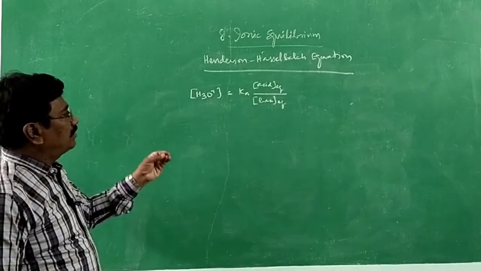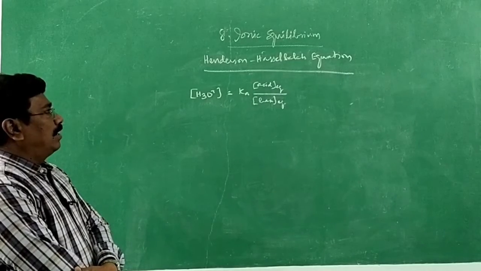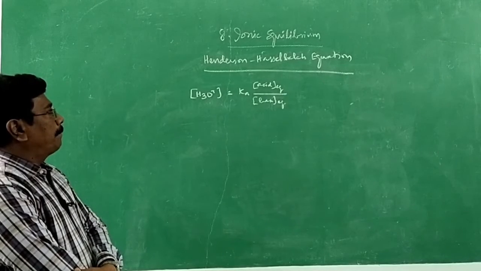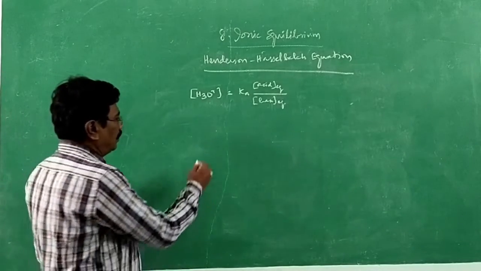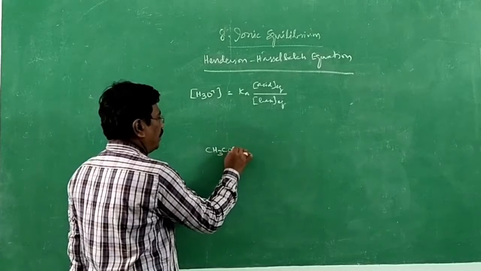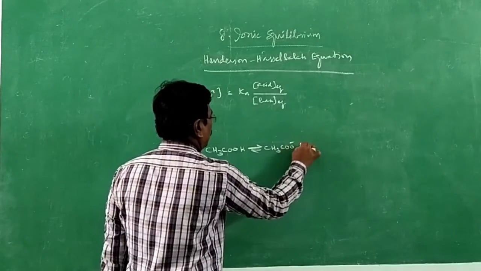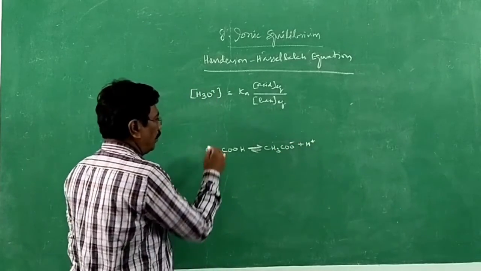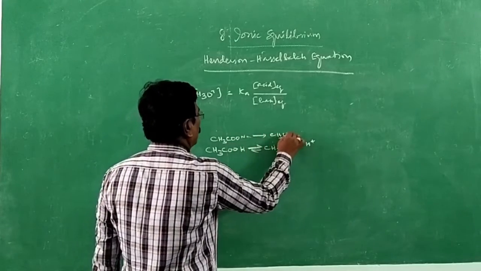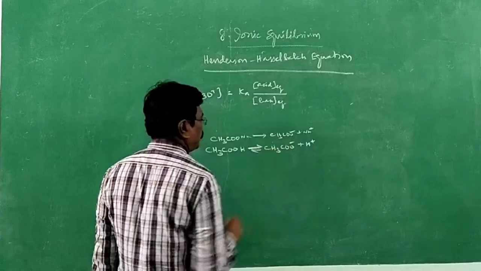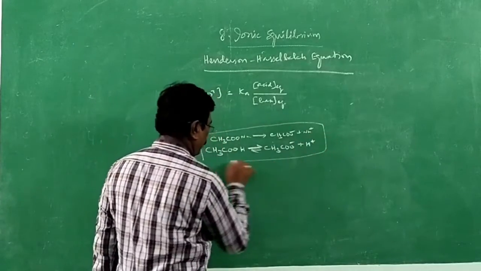So, a weak acid ionizes to give acetate ion and hydrogen ion. And in that equilibrium, we might have derived these things. How? Acetic acid, if it ionizes, may form acetate ion and hydrogen ion. Sodium acetate ionizes to form acetate ion and sodium ion. So, as per this equation, this is the buffer mixture, an acid buffer mixture.